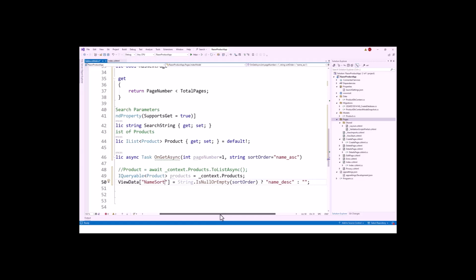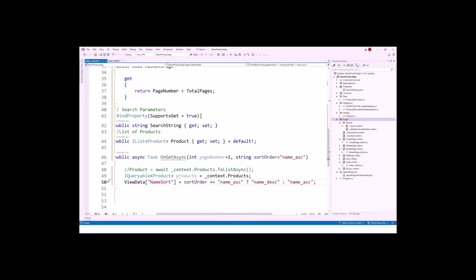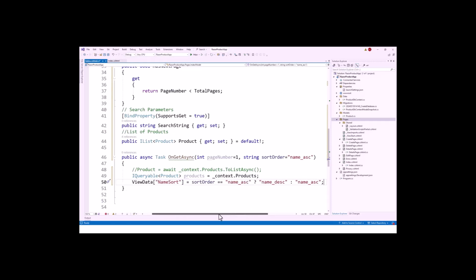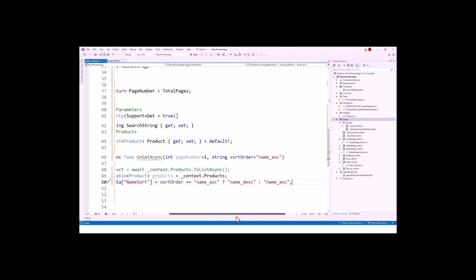Okay, so view data string, so this one, view data name sort equal to sort order, and if the sort order is name